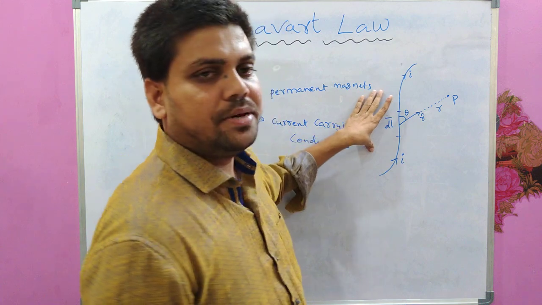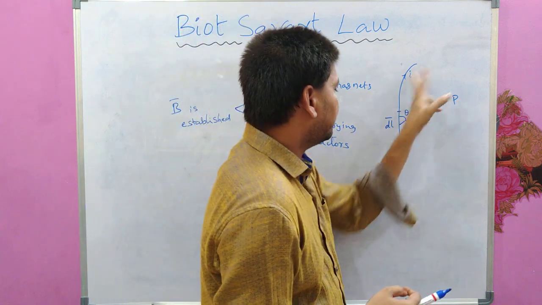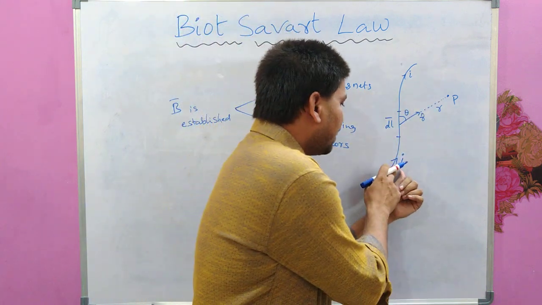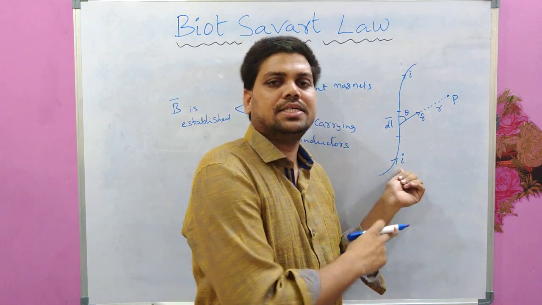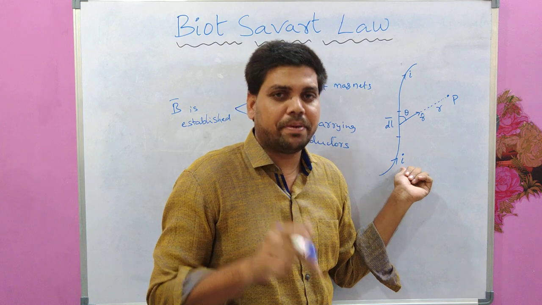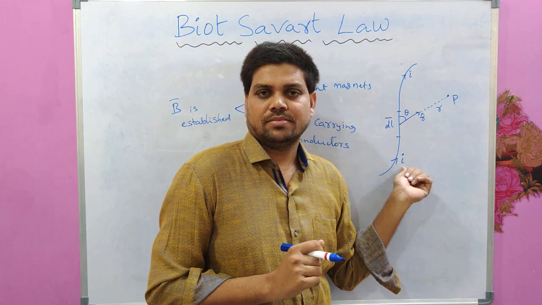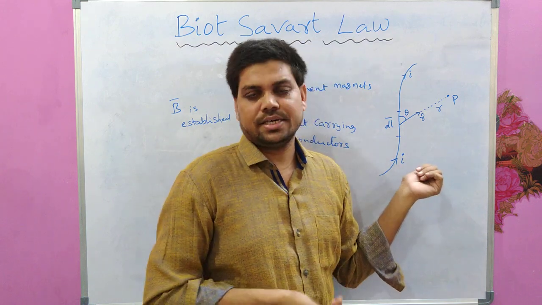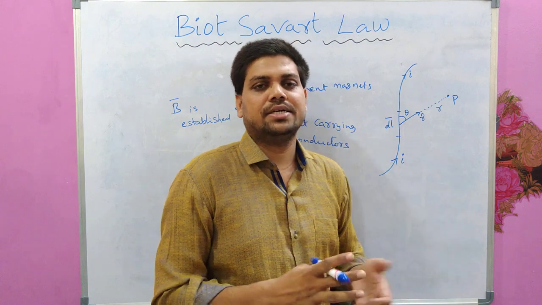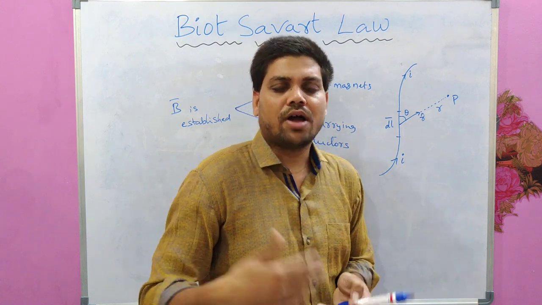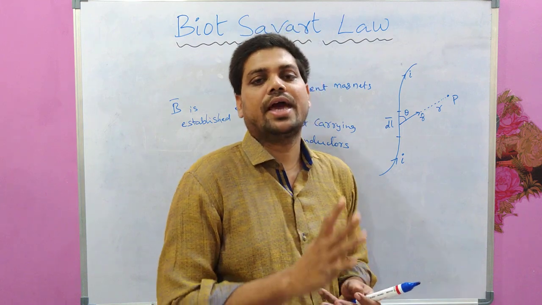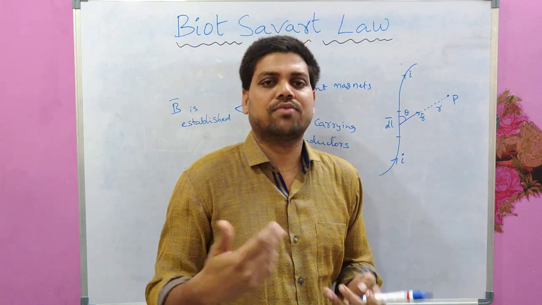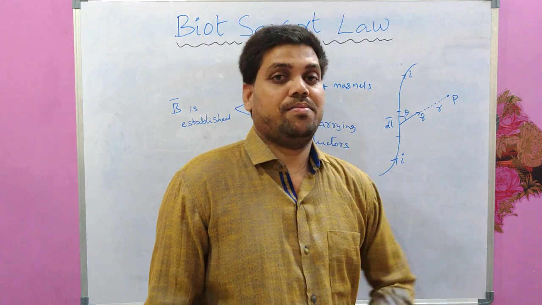So see this picture. This is a current carrying wire through which I current is flowing. And remember, this is a steady current which is time independent current. This is also called as stationary current, which means that the electrons are not accelerating, they are just moving without any acceleration, because electron flow is nothing but the current flow.